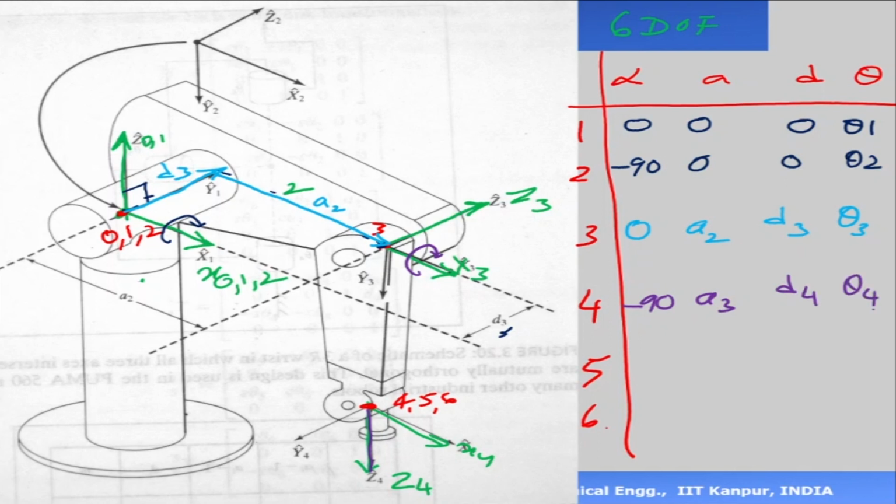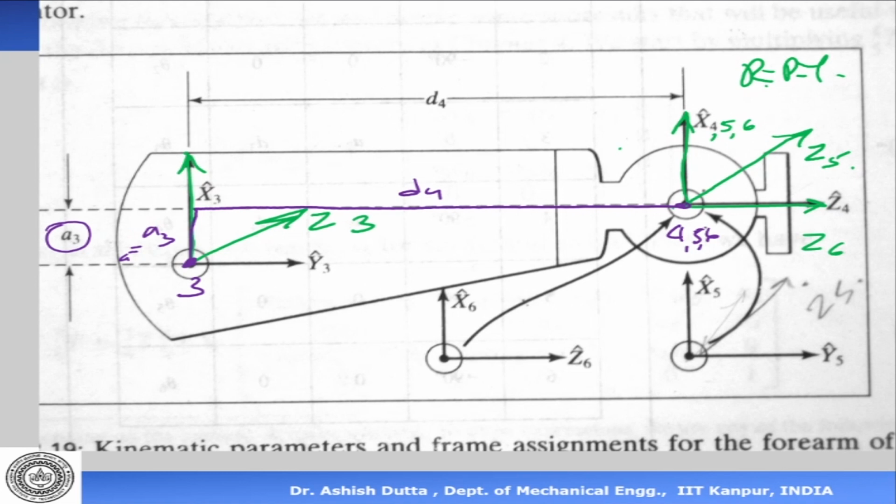Now if you look at subsequent frames 4, 5, 6, the origins are the same. That means there is no shift in the origin. This is a very, very important point to note, because when we come to inverse kinematics, this actually enables a solution to exist. So please note. If the origins are the same, what happens? There is no change in the A and D parameters. Why? Because A and D will become equal to 0 if the origins are the same. So the offset distance and the link length become 0 because the origins are at the same point, right?